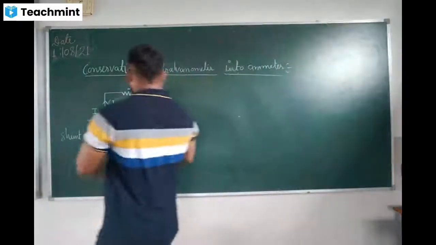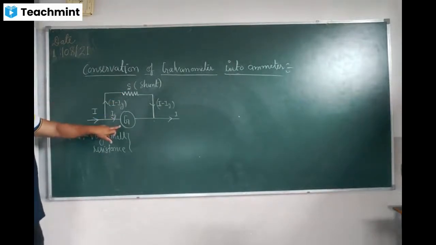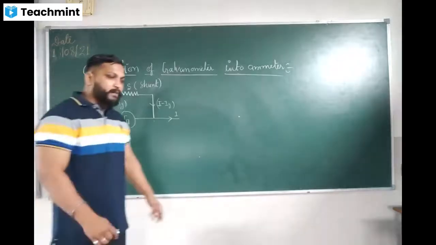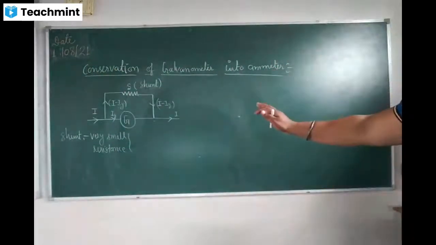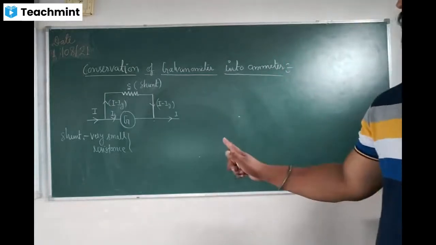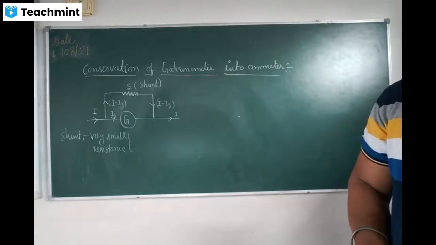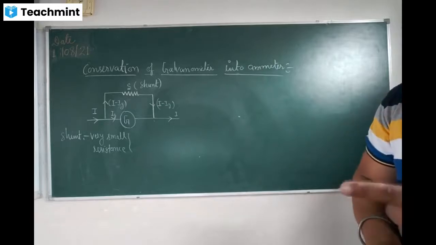So now this arrangement is known as an ammeter. You can see S is the resistance of the shunt, while G is the resistance of the galvanometer. Now they both are connected in parallel. So wherever resistances are connected in parallel, the potential difference always remains the same. If resistors are connected in series, then the current will always remain the same. If resistors are connected in parallel, at that time the potential is the same.